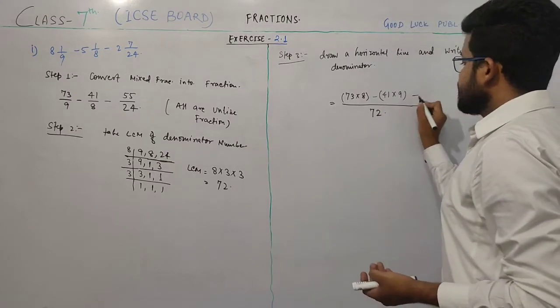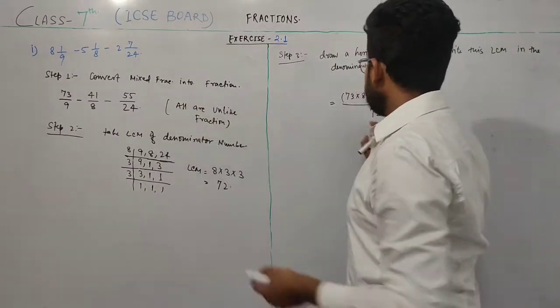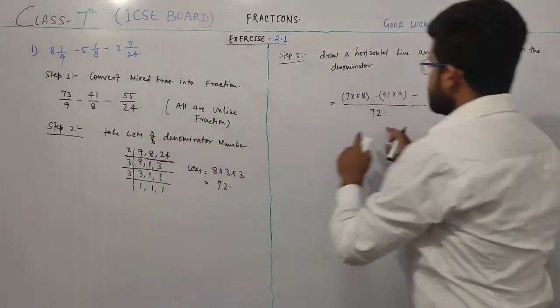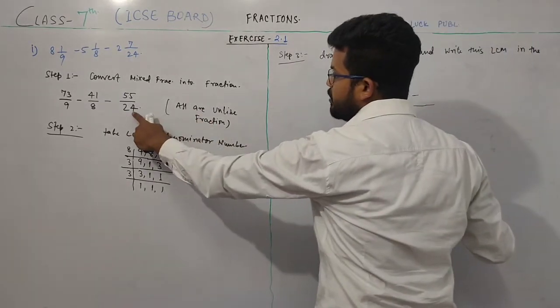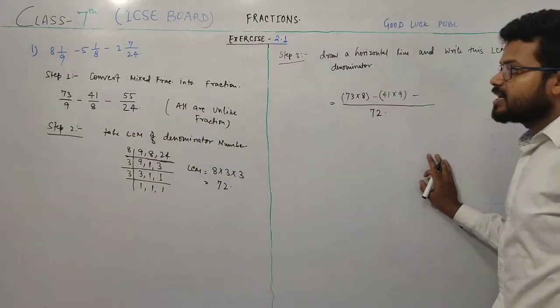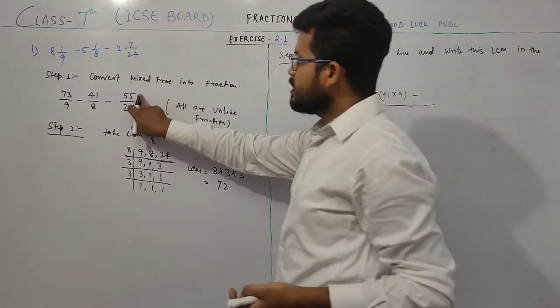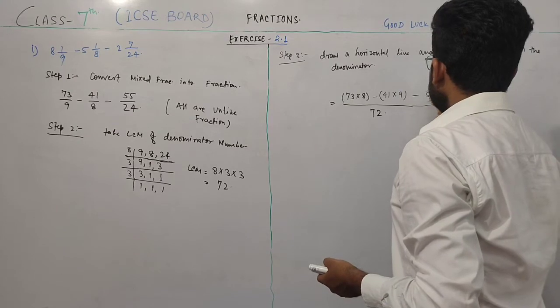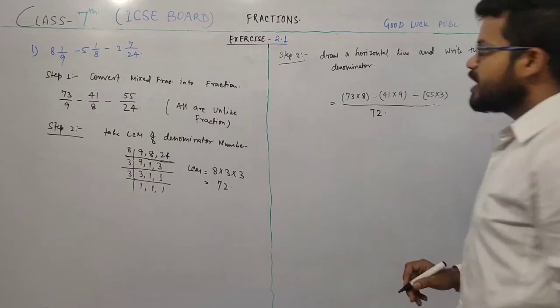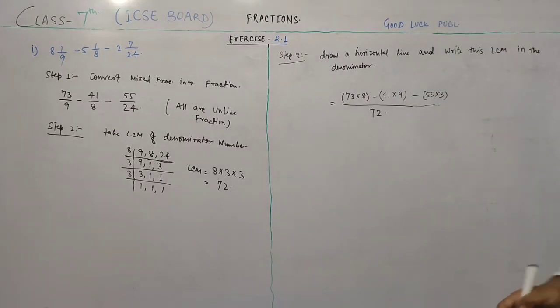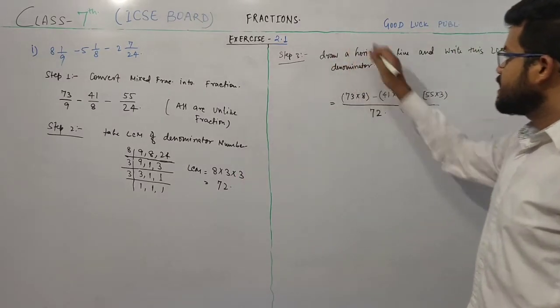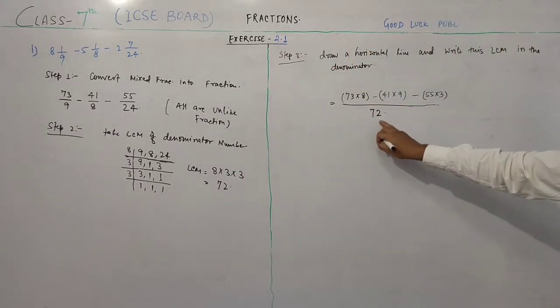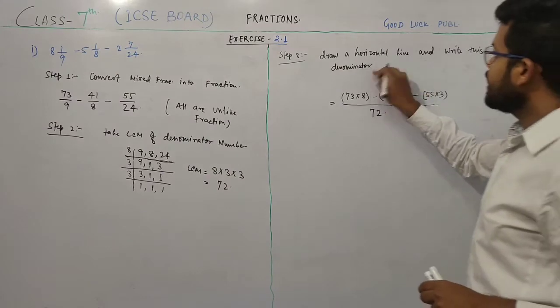Now the next is divide this 72 by 24. So 72 divided by 24 is 3. So I multiply this 3 with 55. So I write here 55 into 3. Okay. First step, second step, third step is to write this 72 and